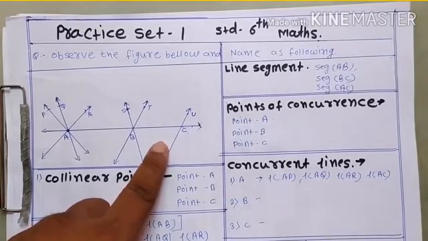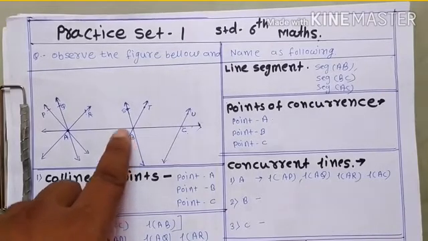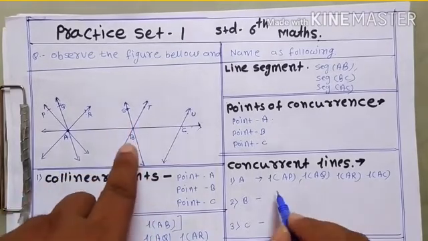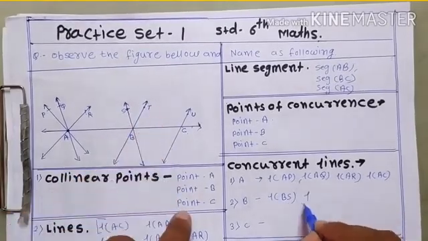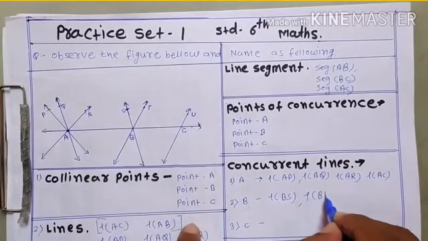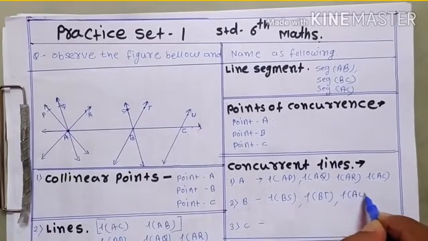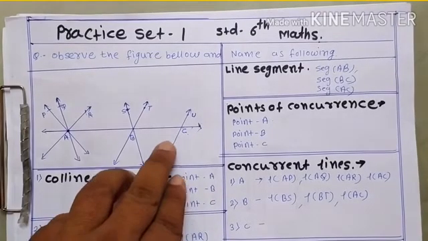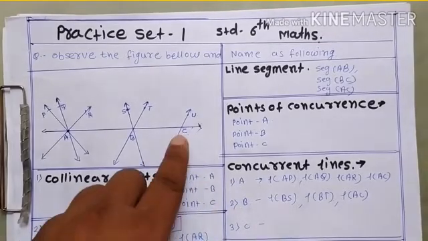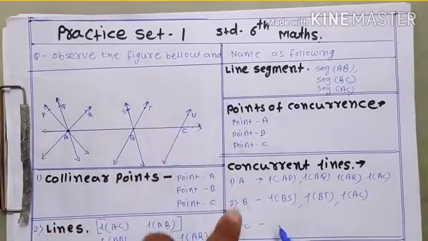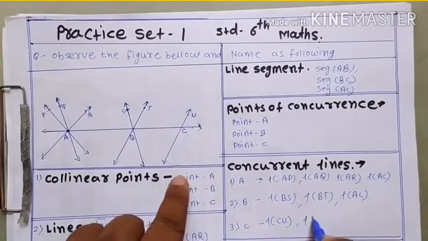That means there are 4 concurrent lines at point A. Next, point B, there are 3 lines passing through the point B, means more than 2: line BS, line BT and the main horizontal line AC. That means 3 lines, more than 2 lines, are passing through the point B. Next, point C, there are 2 lines passing through the point C: line CU and the main horizontal line,